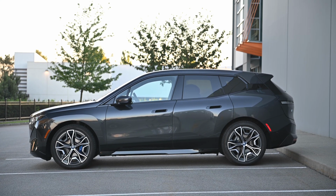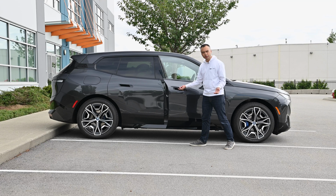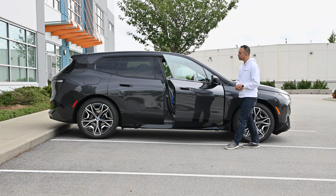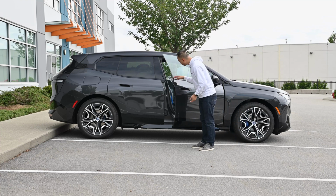But the doors, they're special because they don't have the typical door pull. I mean, it's an electric vehicle after all. They do have to do something different. And it's frameless. So you can see that there's no frame around the window. That's also really cool. And also another thing that's cool is when you have the doors open and you can